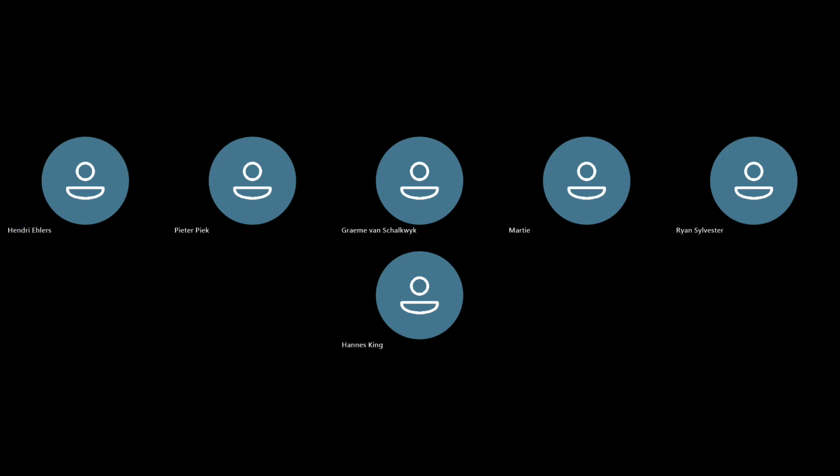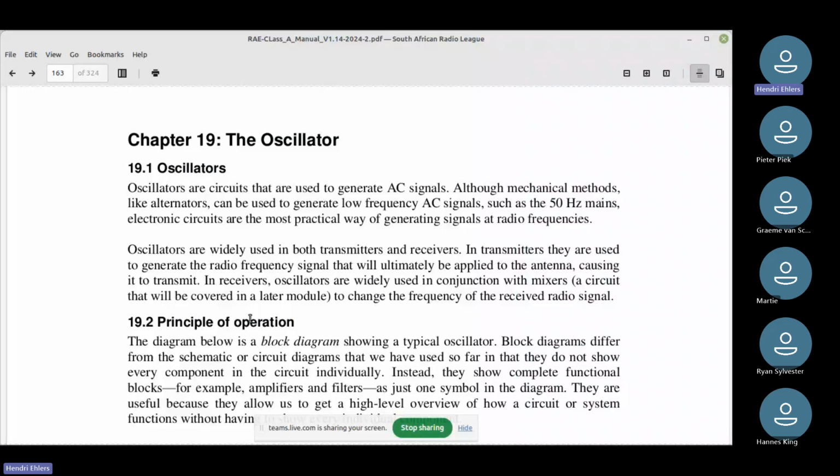Now, I don't know if everybody is familiar with a block diagram, or it's also known as a flow diagram. The diagram below is a block diagram showing a typical oscillator circuit. Now, the block diagram is an overview of the basic functions of a specific device or piece of a circuit.